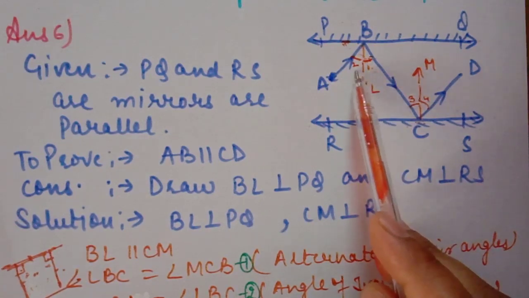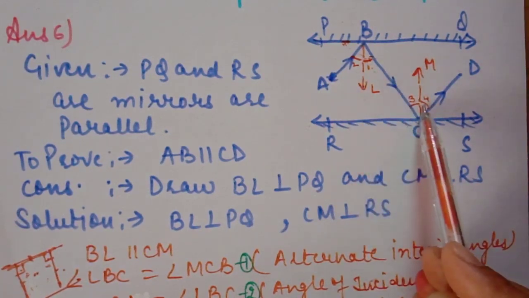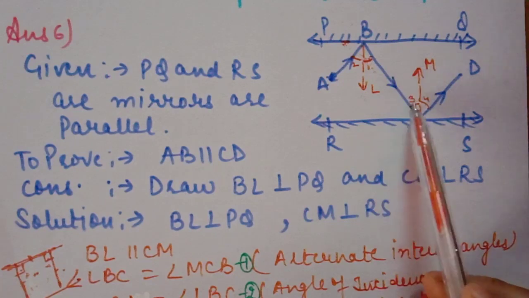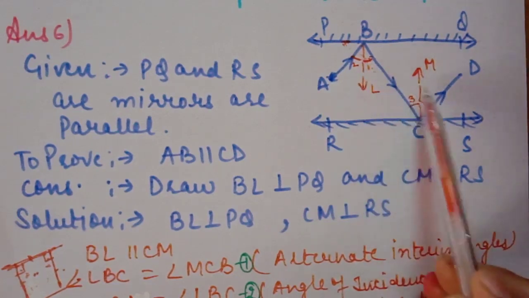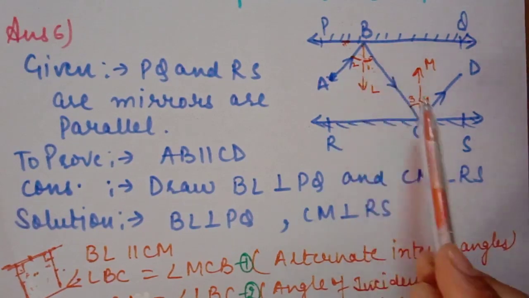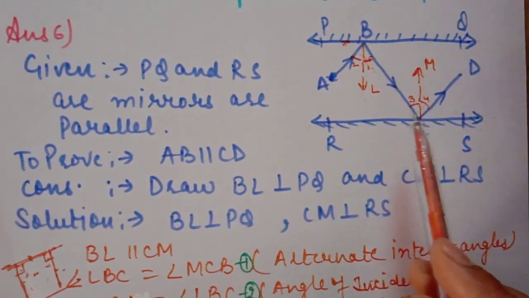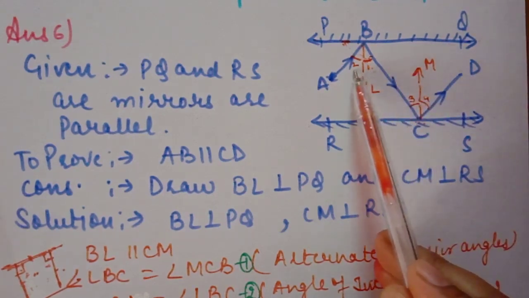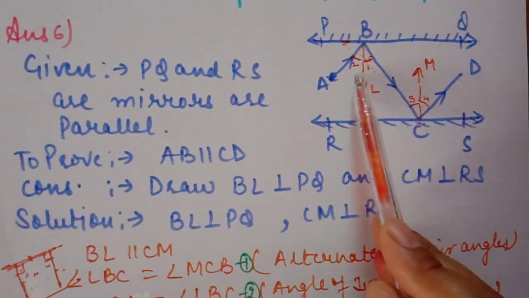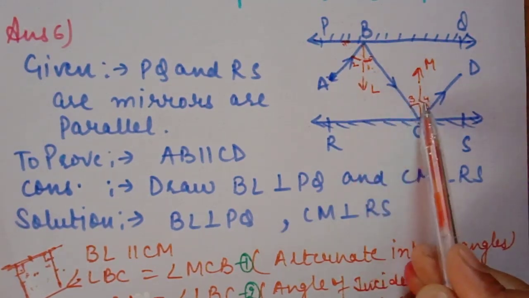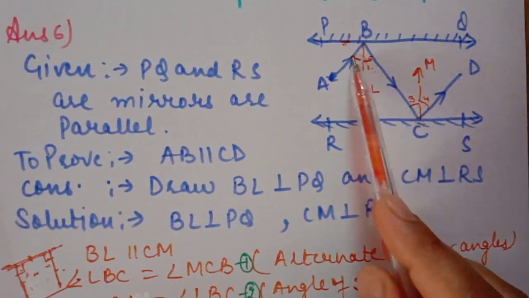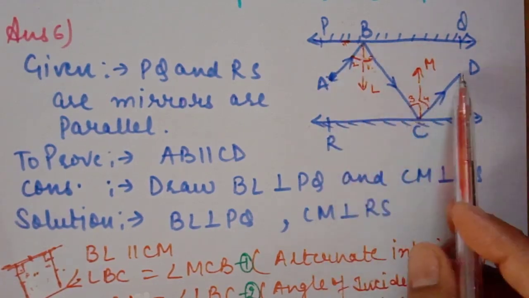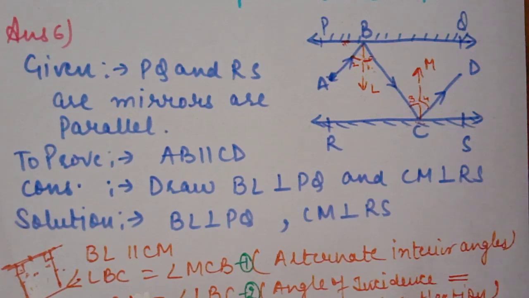Then we know it very well, 1 is equal to 2, equation number 2. Angle 3 is equal to angle 4, equation number 3. From equations 1, 2 and 3, if 1 is equal to 3, but 1 is also equal to 2 and 3 is also equal to 4, so definitely angle 2 and angle 4 are also equal to each other. This is your equation number 4. Then we will add them. Then what will we get? 1 plus 2 is equal to 3 plus 4. Angle 1 plus angle 2 is also equal to angle 3 plus angle 4. Then they are equal to each other. We will add them. This angle is equal to this. The reason is the same, alternate interior angles. Then definitely these two lines are parallel to each other.